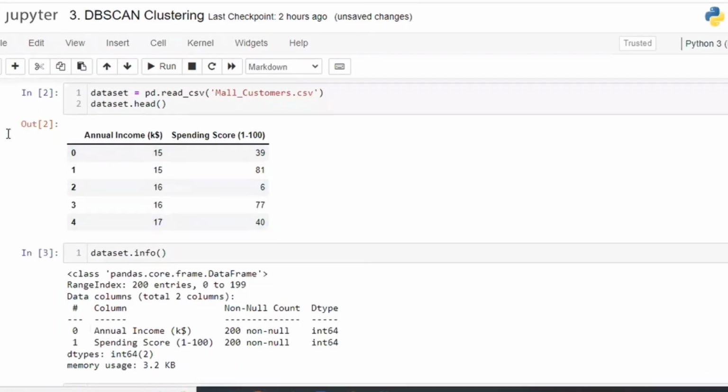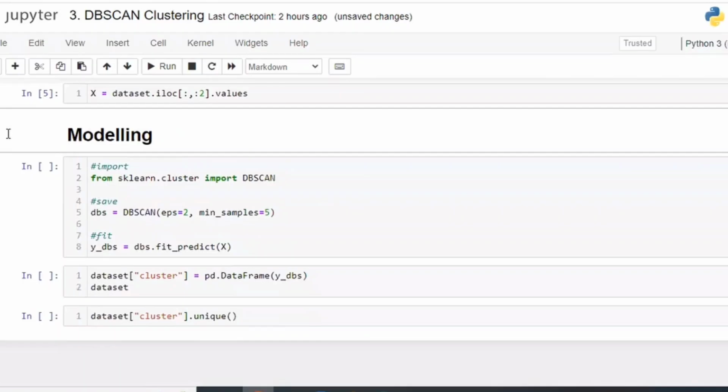Here you apply the modeling: from sklearn.cluster, import DBSCAN. Inside DBSCAN, you write eps equal to 2. Eps means nothing but radius. And min_samples equal to 5.